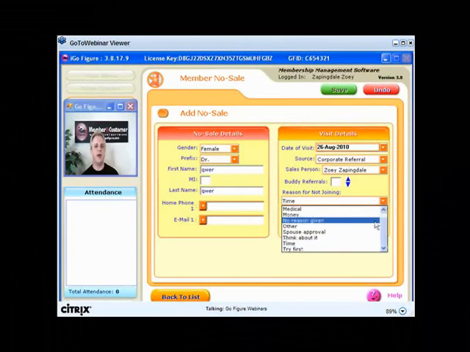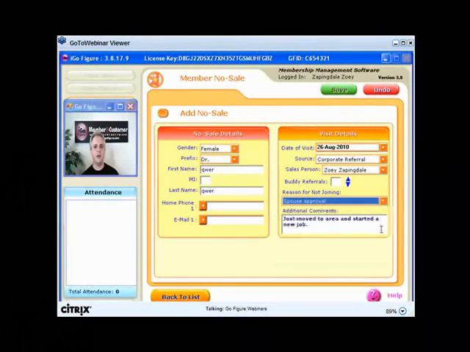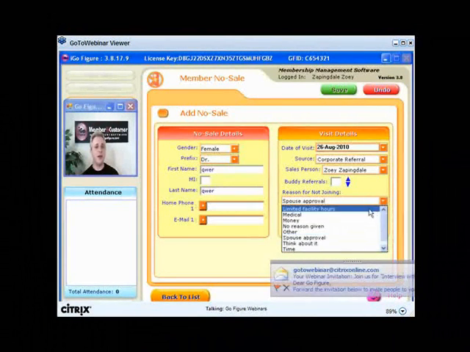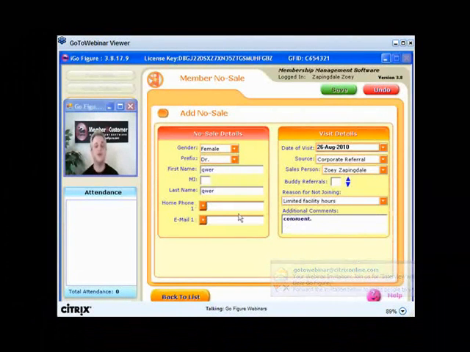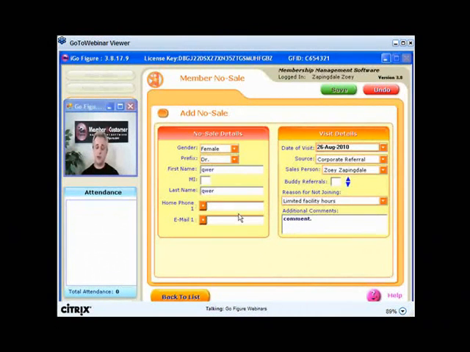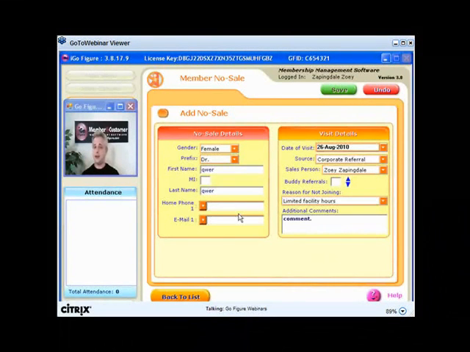Let's say that somebody said that the reason was limited facility hours. And by the way, that is an option that we do have in there. And they type in some comment about your limited facility hours. Let's say that in the future you go with a 24-hour unmonitored system, because let's just say theoretically that gets approved for you a little further down the line. And by the way,